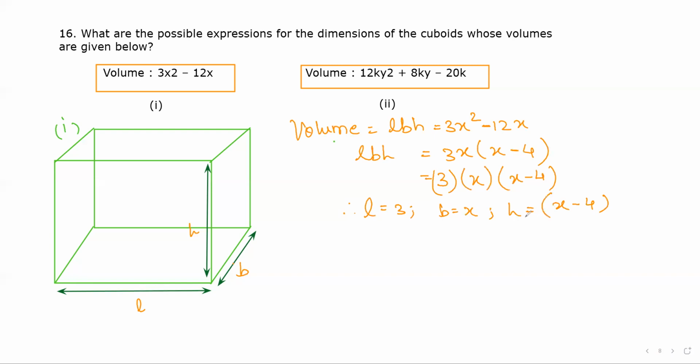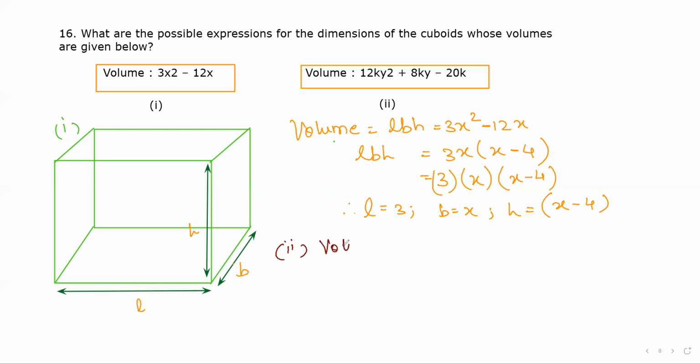Since we do not know which one is length, breadth, and height, you can write something like, therefore, the possible dimensions, that is in bracket length, breadth, and height of the given cuboid with volume 3x square minus 12x are, and then 3 comma x comma in bracket x minus 4. Second,